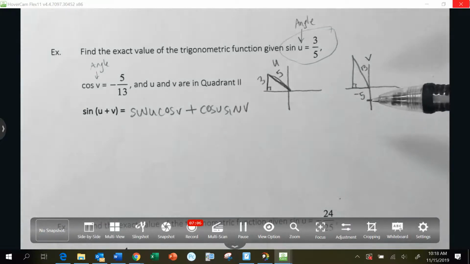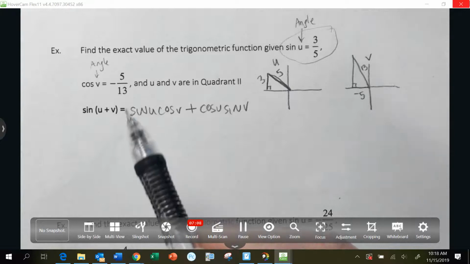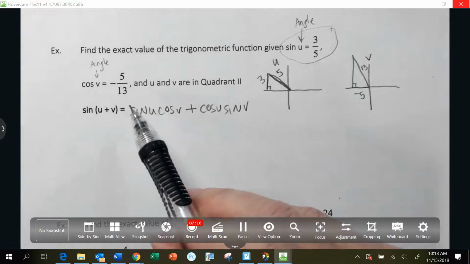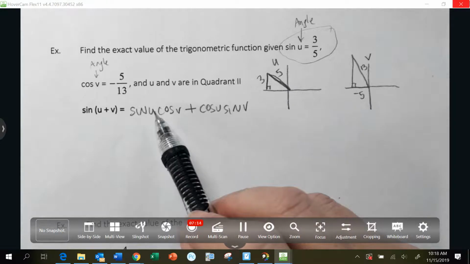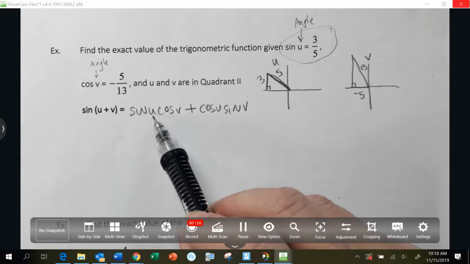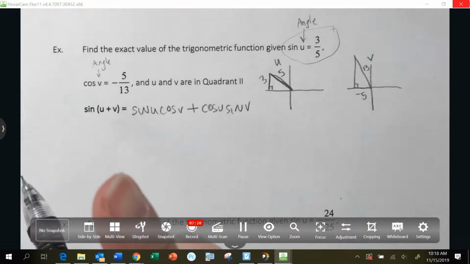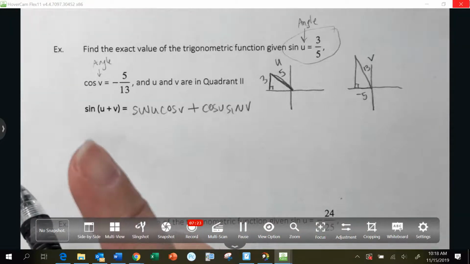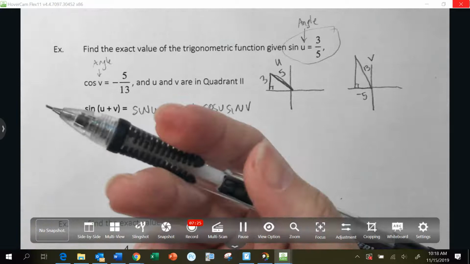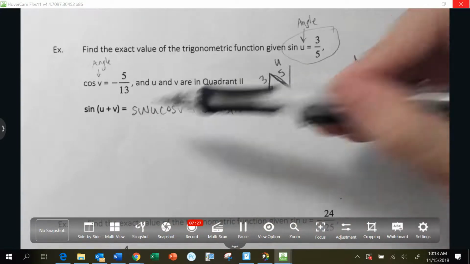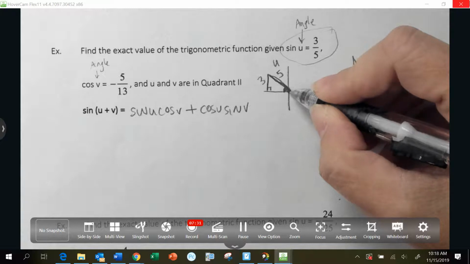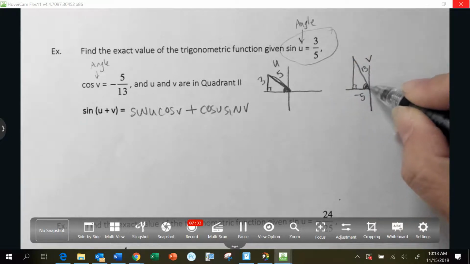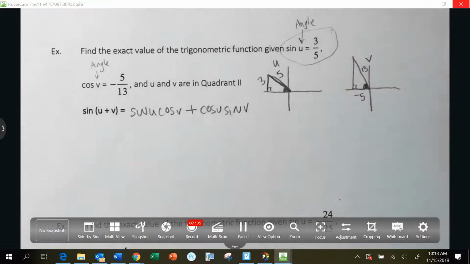So what do we have to do? We have to find this. The problem that you might think is that I don't know the angles. You might think that's a problem. Maybe not. But that's what a lot of people think is the problem at first, because I need to know sine of what angle and cosine of what angle, but I don't know the angles. They're u, here's angle u, and here's angle phi. I don't know what they are, and I actually don't need to know what they are,